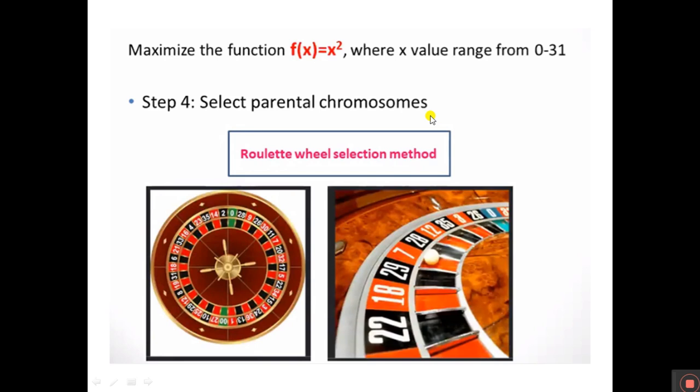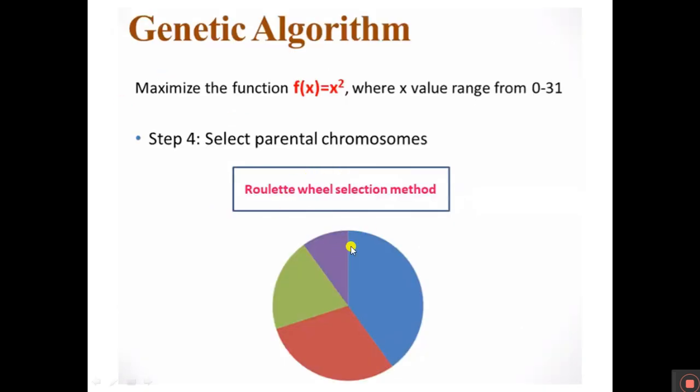This is the roulette wheel as shown in the diagram. Here we have a small ball and the wheel is rotated. Wherever the ball's position shows, that is the winning component. So here it shows 7. In a similar way, here I have to use 4 chromosomes based on the fitness function. The circle is formed. So this is the roulette wheel method we are going to use for this example.